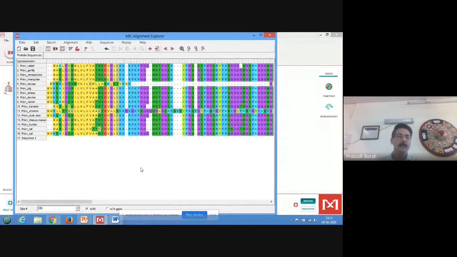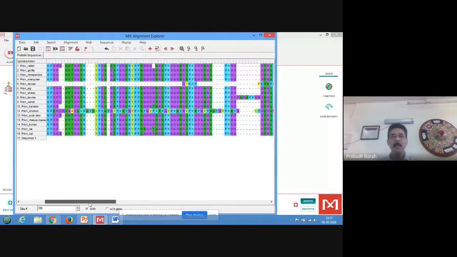Then what are the other methods? The second method is the distance method. Where can we use the distance method? If we ask the question whether clearly recognizable similarity across sequences exists, that means some segmental similarity. In some segments, whether clearly recognizable similarity exists.